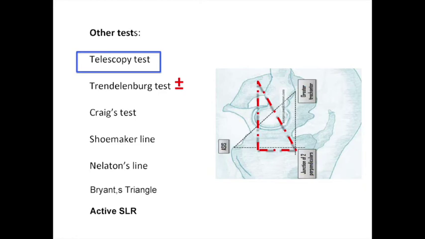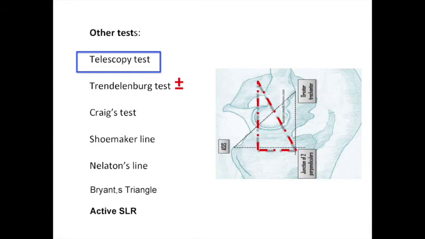Active SLR is a very, very important movement to be tested, because active SLR, if it is present, takes away pathologies in which the fulcrum is broken. So which are those pathologies? Fracture neck femur, posterior dislocation hip. So two classical examples which are taken away. And this active SLR is a confident active SLR and easily done till 70 degrees.